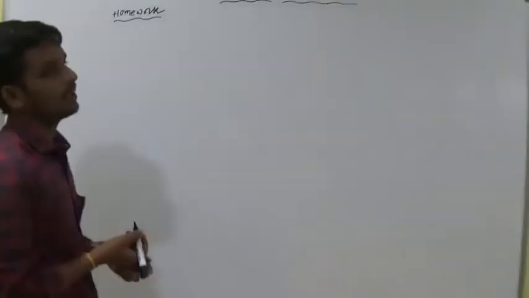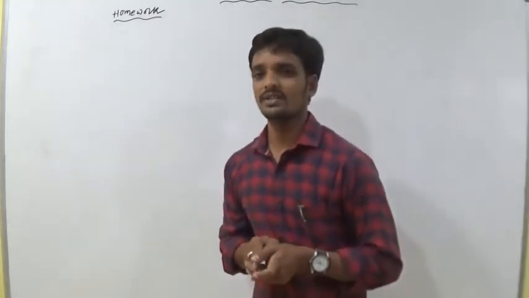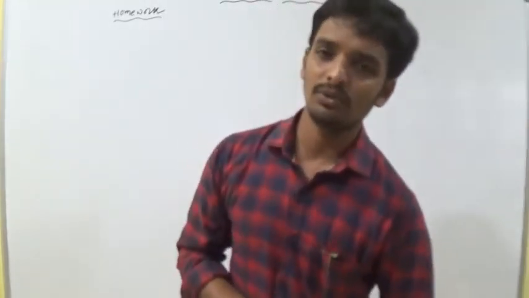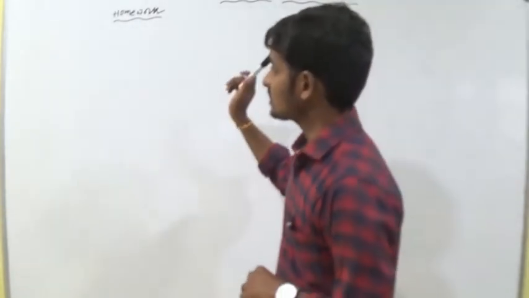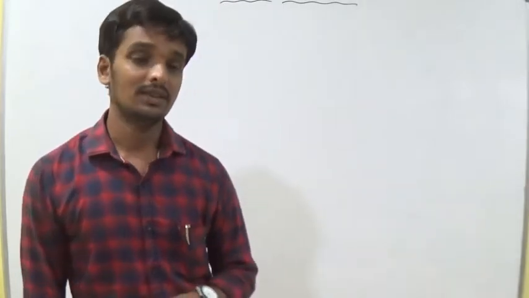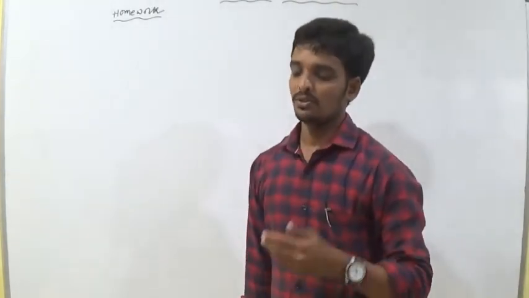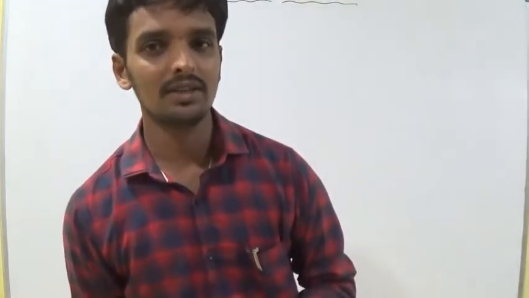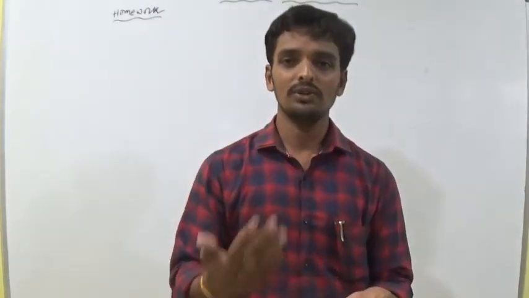Some students are asking me, where can we do the homework? If you have a new white book, for example the last book or the one before last, you can do it in that. If you don't have any of the books, try to solve in CW, not in a rough book. Why? Because this is a topic we have to learn in intermediate second year. This is for the IIT chapter. So your books are the principles, that means the evidence of what we have learned. We already studied this topic in 10th class, so if you have the book, you can refer to it.